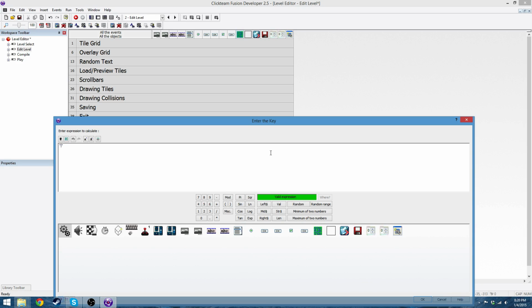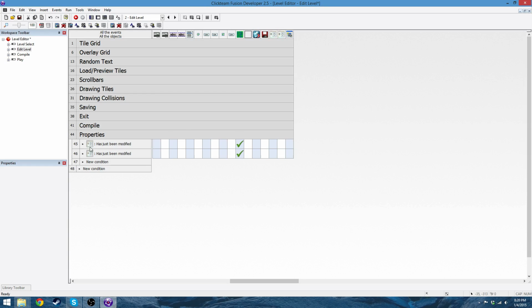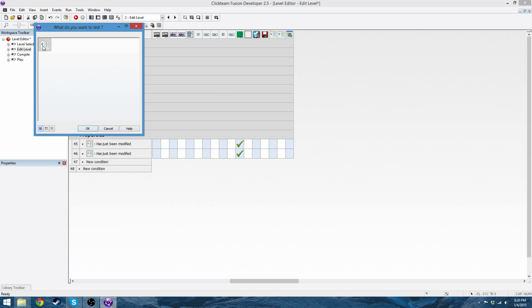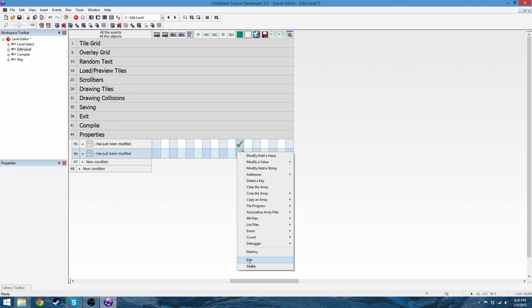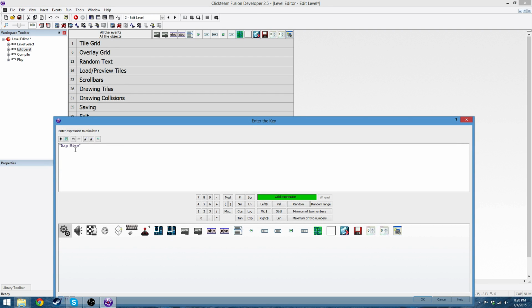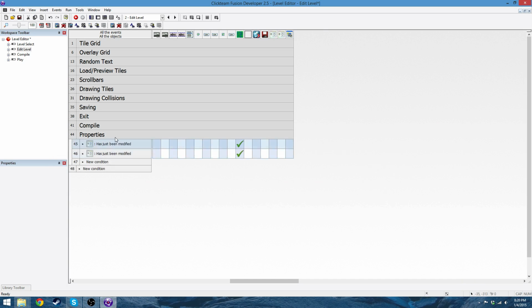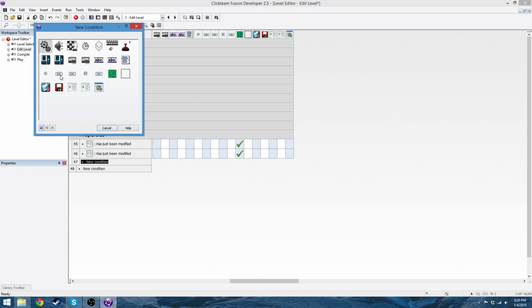The key is going to be map x size, and the value is just going to be just that, the x size. I'm going to copy that and do the y size as well. And then I'm going to do